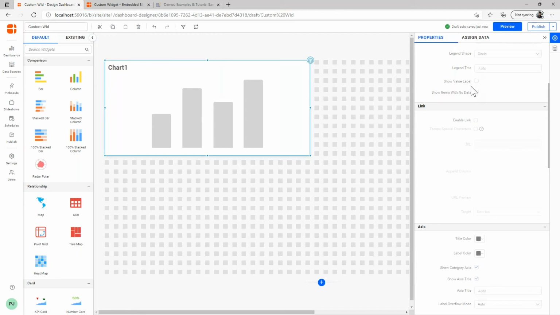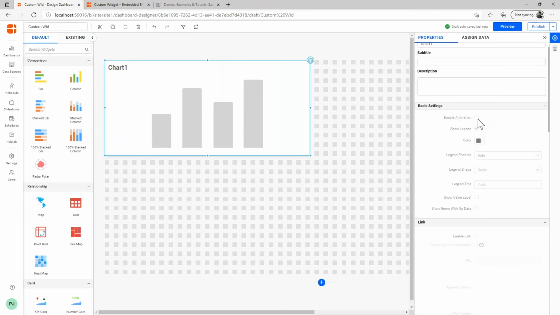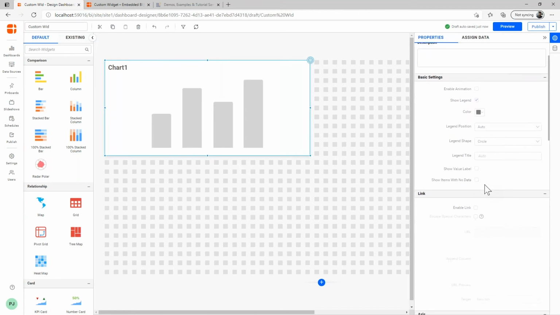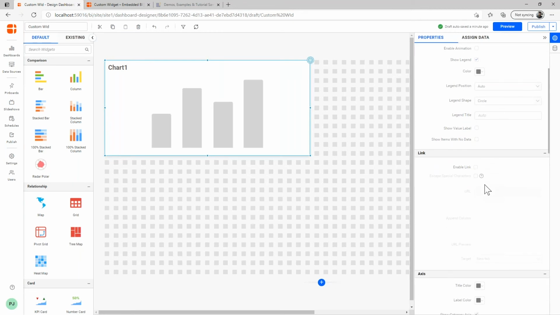And if you see here in the properties section, each and every property will have its own controls. For example, we have a checkbox for enabling the animation, and a color picker for choosing the series color, a drop down list to choose the position like top, bottom, center, and so on. So we also allow our users to make use of these controls to configure their properties. I'll show this later on.